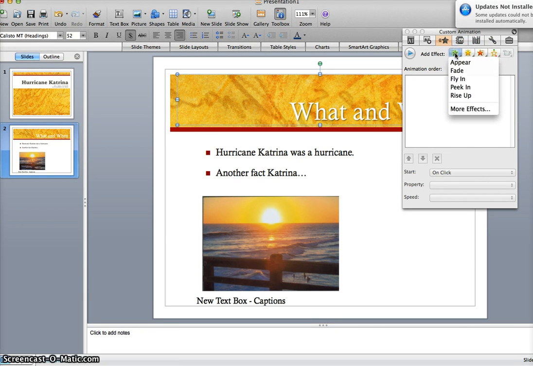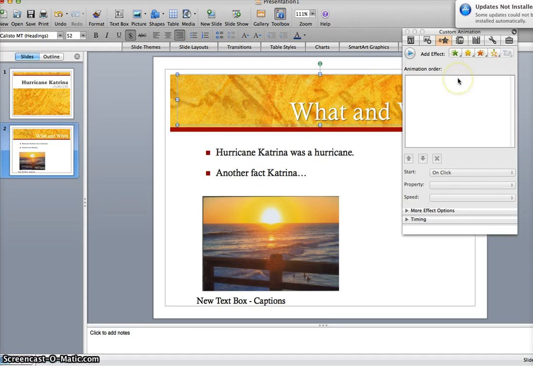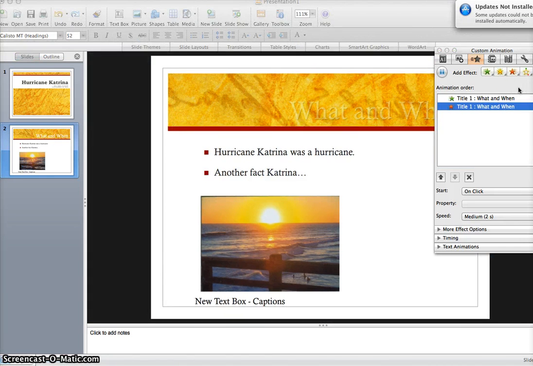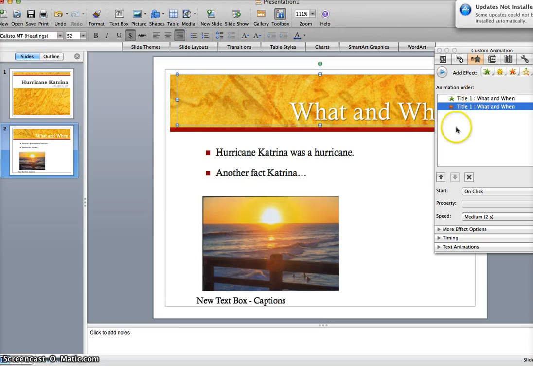So for the entrance, you have some options right here that it gives you. You can have it appear, you can have it fly in. Let's do that. I'm going to have it fly in. And once you click on it, it gives you a little demonstration in the background of what it's going to look like. So then maybe I also want to have it have an exit. So I want it to be a disappear. And go ahead and watch the text here when I click on it. Actually, I'm going to do fade. So go ahead and watch this text. When I click fade, watch what happens. See, it gives a little preview and it fades away. So that's what's going to happen when I have it exit. And both of these right now are set so that they enter and exit on my click. So when I click the mouse or my presentation clicker,